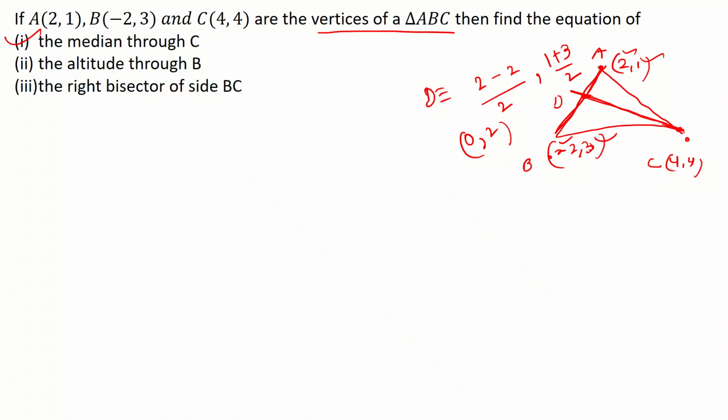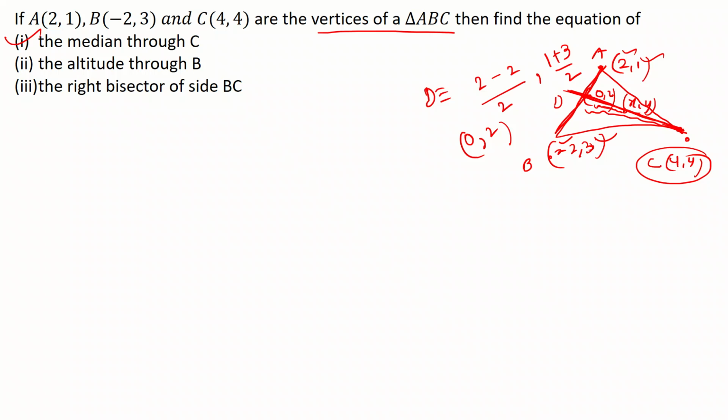Now we have one point, this 0 comma 2, and this point 4 comma 4. We need to find out the equation of this line. So it's pretty much easy. We can take any point x comma y. We can find out the slope of these 2 points, and we can find out the slope of these 2 points. We can equate them, they will be equal, and we just solve them,